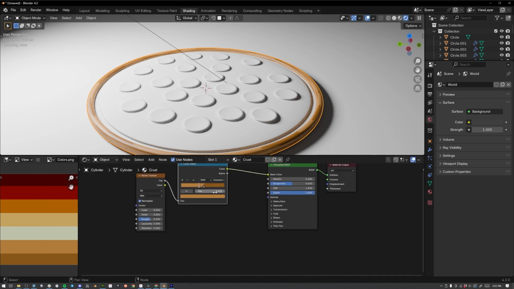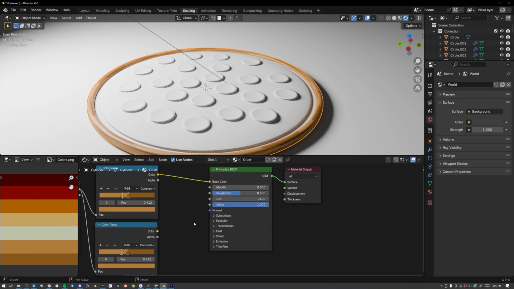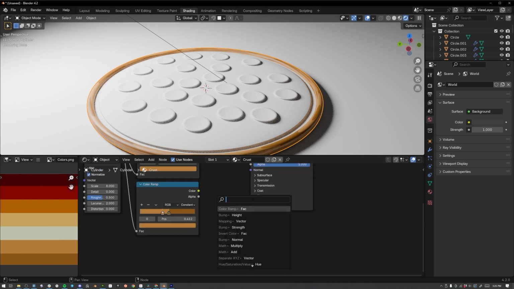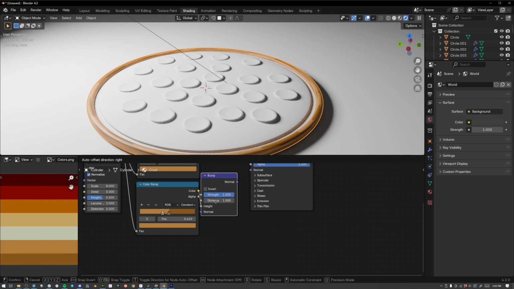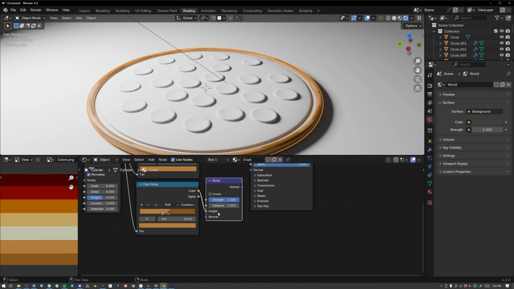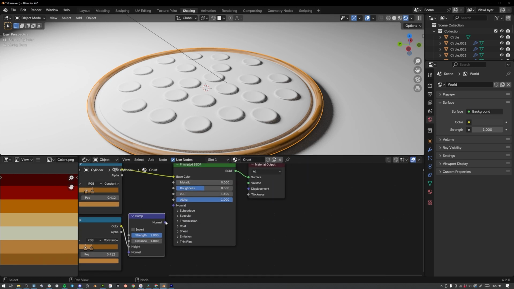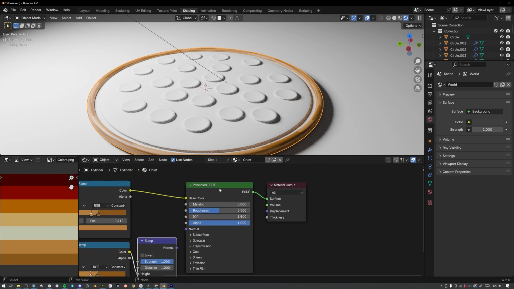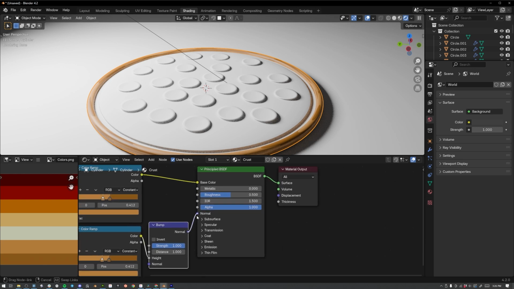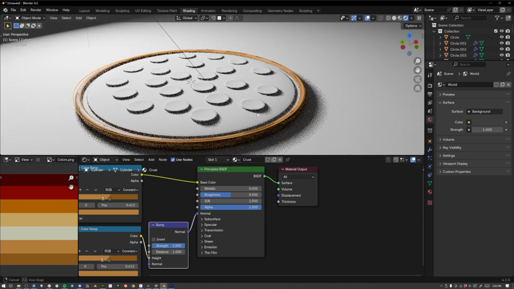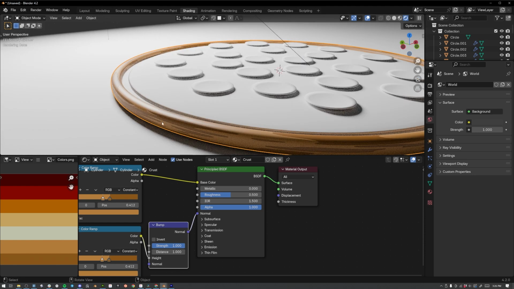And then we need to duplicate this color ramp, Shift and D to duplicate, drag this factor into the factor, click and drag out from this color, and then we're going to type in bump, and you've got 4 options. We want to select bump height so that it plugs itself into the height value of this bump node, and then you'll see it's got a purple normal output, and there's a purple normal input on this node too. I'm going to click and drag from there to apply it, and now you can see we've got a little bit of height detail showing up on our